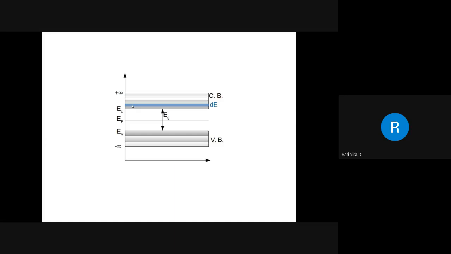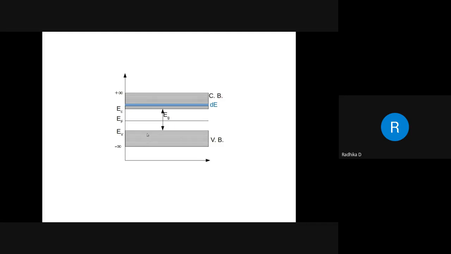Now what you have done is you are first finding the number of electrons within a small energy interval dE, and then you're going to integrate from EC to infinity. Okay. So basically, your total number of electrons will be the integral of dn. The expression dn, whatever you have, if you integrate it from EC to infinity, you will get the total number of electrons. So that's a task which we are going to do. Now, before going ahead, let me just tell you, what if we were doing this for holes?